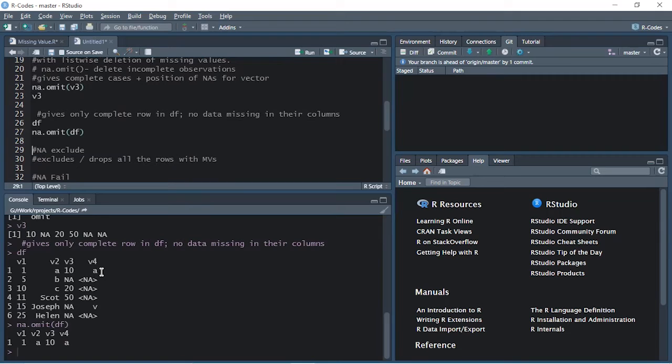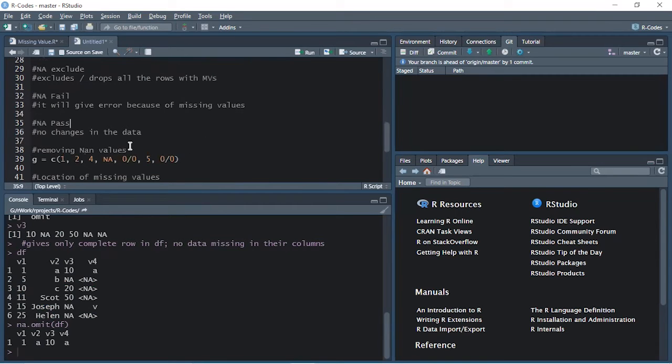The row where there is no missing value, it has returned that row to us. These 5 rows contain missing values. So it has omitted all these rows and only resulted in the first row as the answer of this na.omit. So this is how you can use na.omit in your data set.